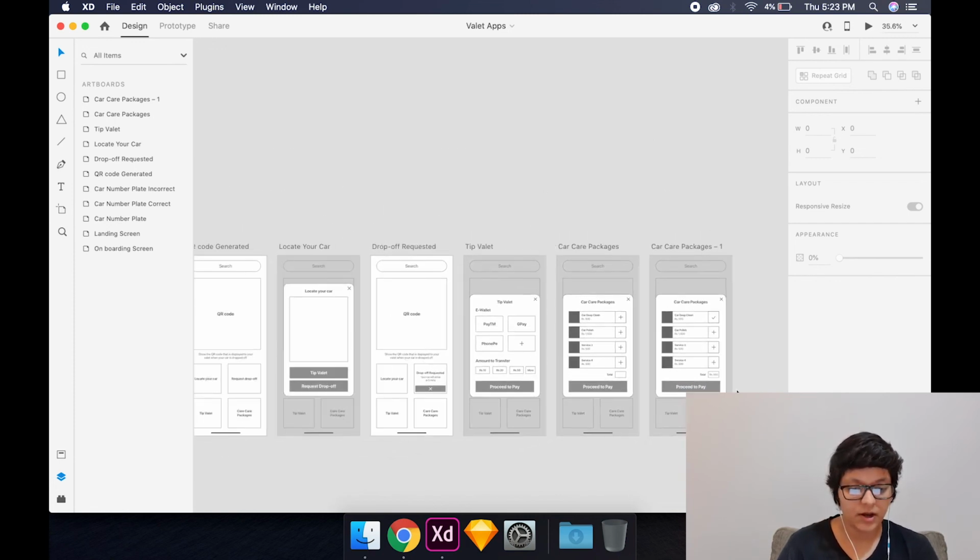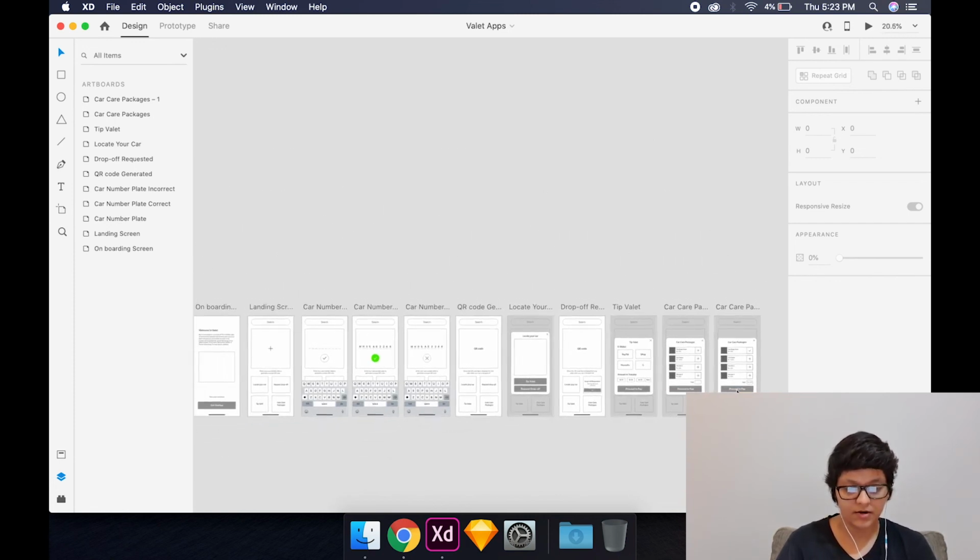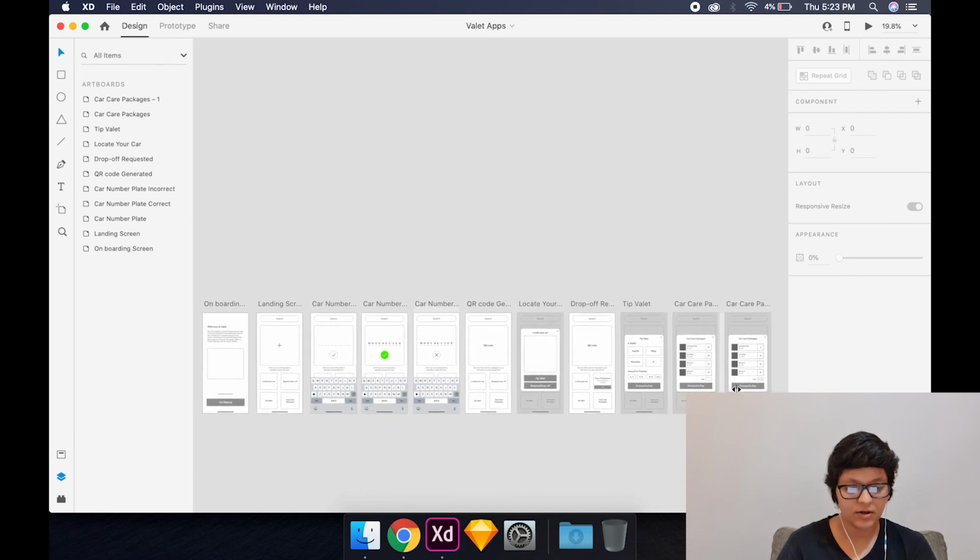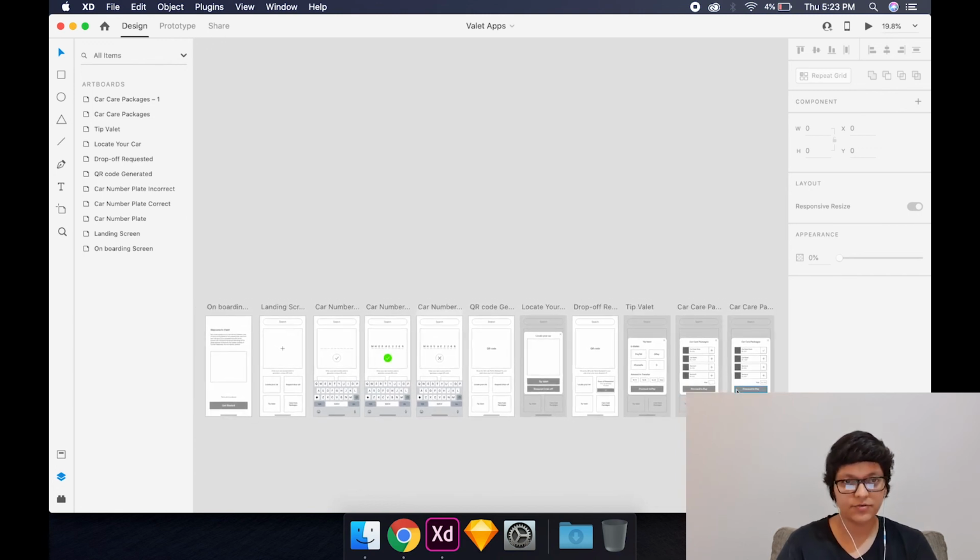This is the basic wireframe that we have right now, and you guys can keep working on it and maybe make your own version of it if you think that an idea that you have is better or there is something that could be improved. So we have now completed the basic wireframe of an application, and you guys can try it out for yourselves and let me know what you think. You could leave it in the comments down below if you think that something could be changed or something could be implemented that would be a better idea. I look forward to any feedback that I can receive.